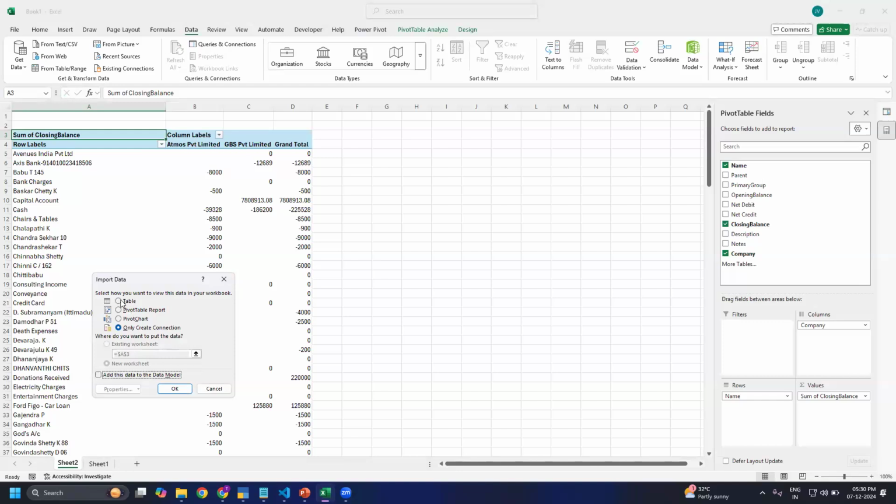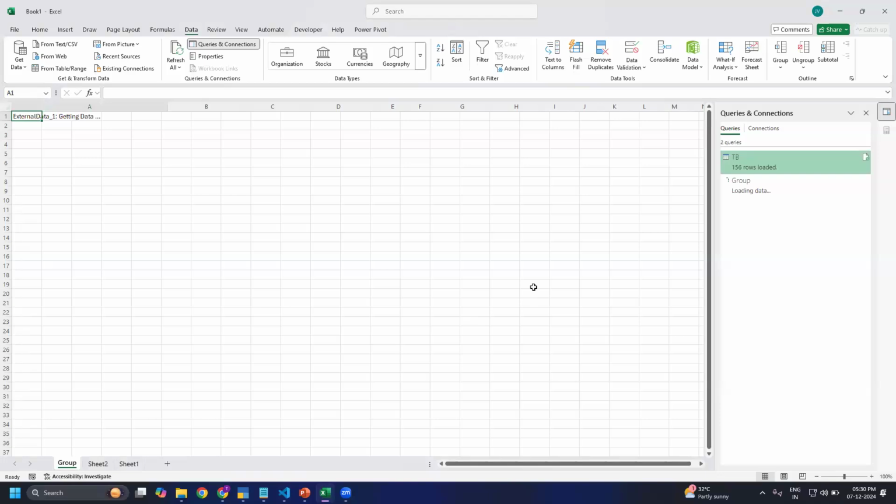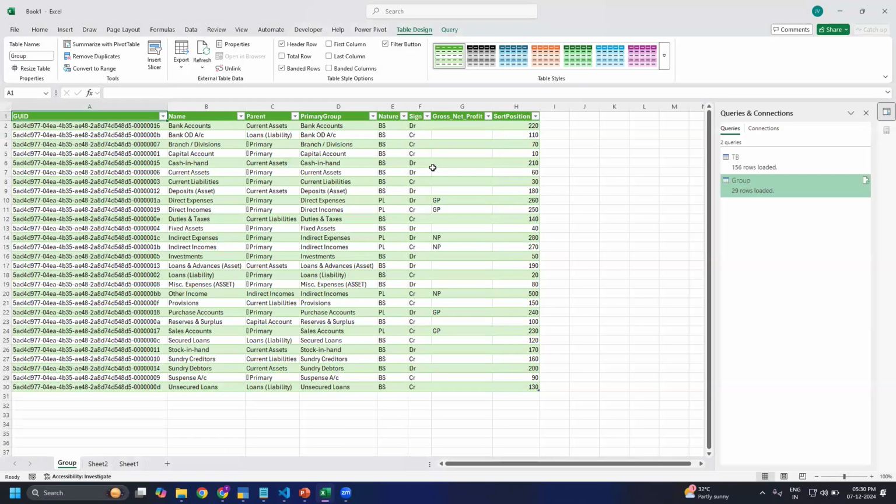and here again we have to click on tables in new worksheet. So groups, 29 rows loaded. This is how groups look like: name, parent, primary group, and nature. This nature column is, when we give a relationship with the TB, it will separate what is related to balance sheet and what is related to P&L, and it will also show debit and credit, gross profit, net profit, everything